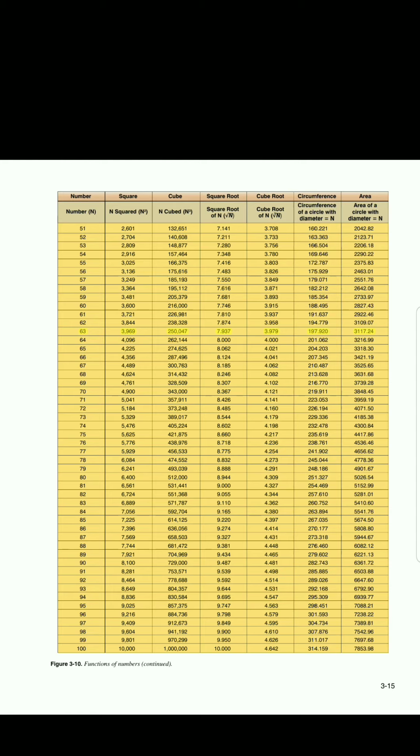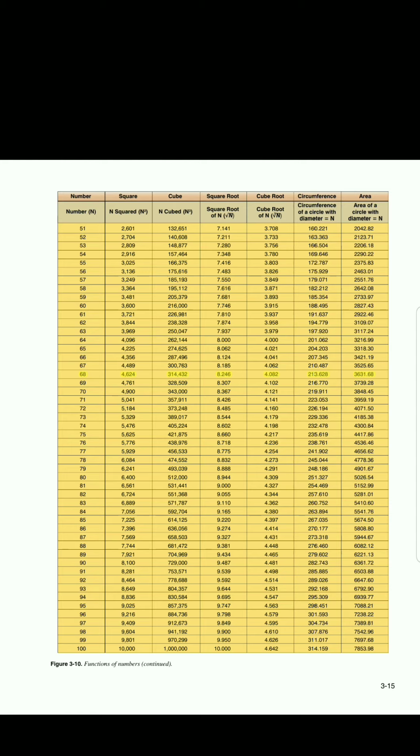64, 4,096, 262,144, 8.000, 4.000, 201,062, 3216.99. 65, 4,225, 274,625, 8.062, 4.021, 204,204, 3318.30. 66, 4,356, 287,496, 8.124, 4.041, 207,345, 3421.19. 67, 4,489, 300,763, 8.185, 4.062, 210,487, 3525.65. 68, 4,624,